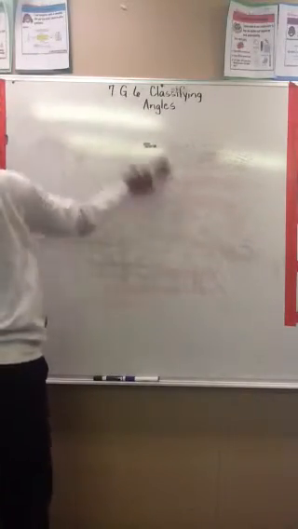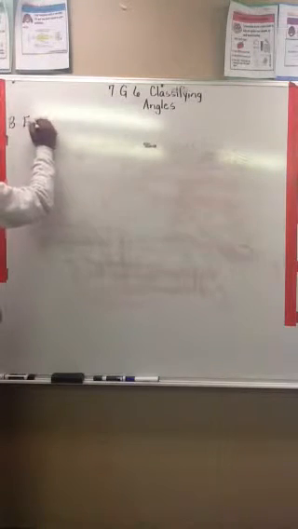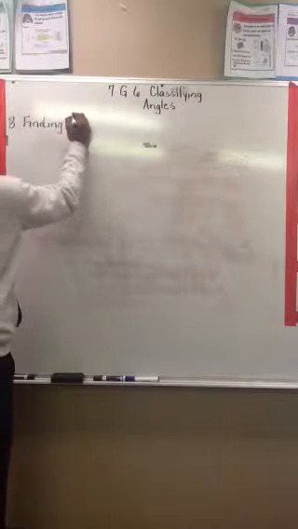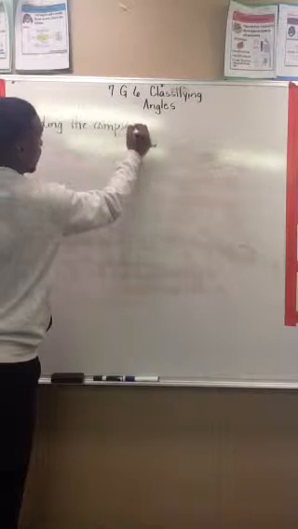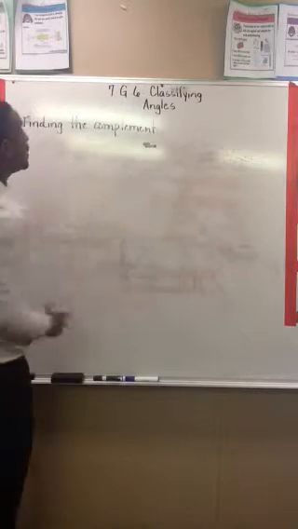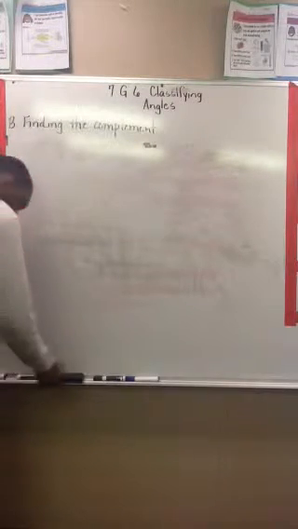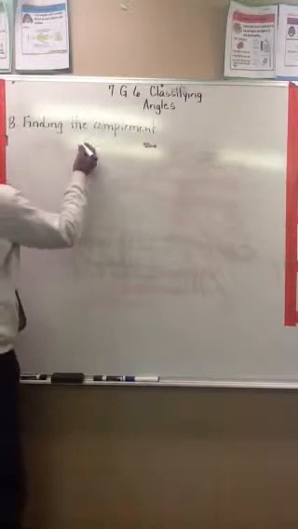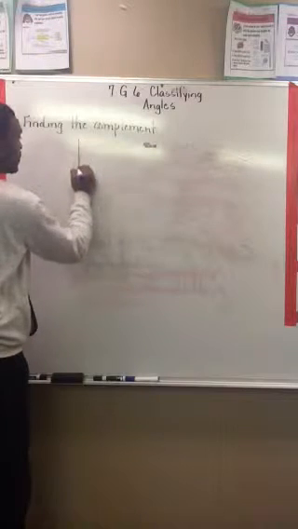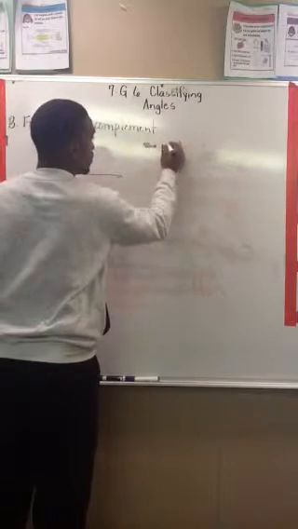All right, let's look at B. B is finding the complement. Complement is the same as complementary. So if we're finding the complement, we're finding the missing angle from two angles that have a sum of 90. So if I drew this, call that one A. If I drew this one,